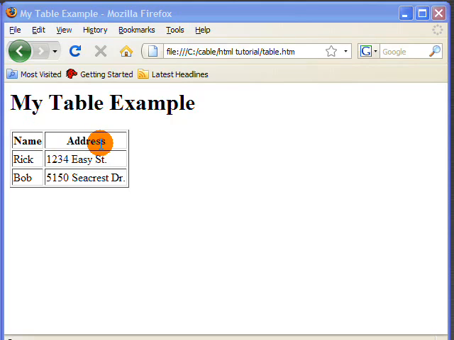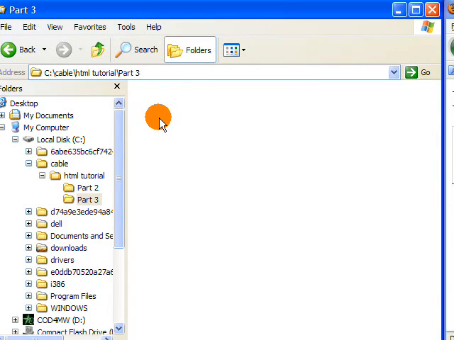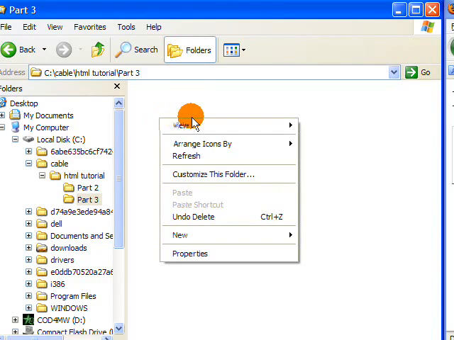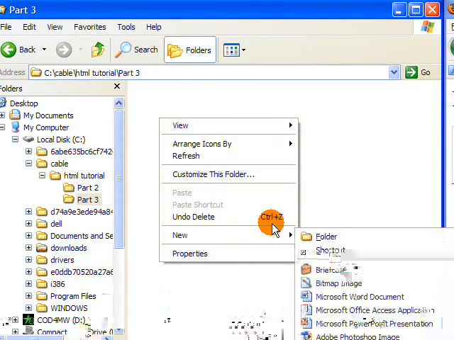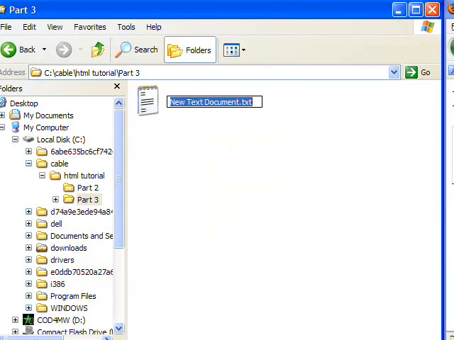So now let's get to it. I'm going to show you how to build that. We're going to move our window over, and we have a Windows Explorer window open. We're going to right click inside there, and say New. I think it goes off your screen, but you're going to want to pick Text Document. And we'll just name this